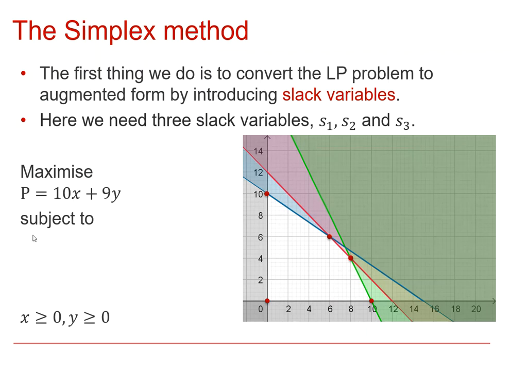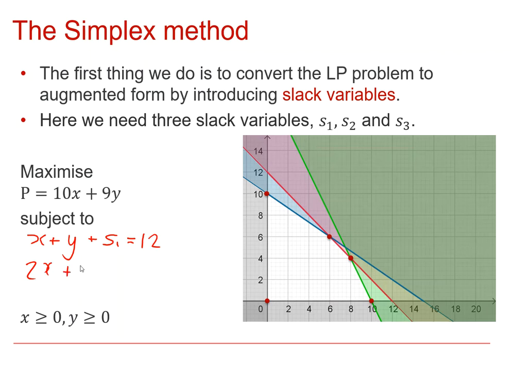Now, the first constraint was x plus y is less than or equal to 12. In augmented form, we'll write x plus y, and then we'll add on the slack variable that makes up the difference between x plus y, and the maximum that x plus y can be, which is 12. And so by introducing that slack variable, that becomes an equation. So we've got x plus y plus s1 equals 12,